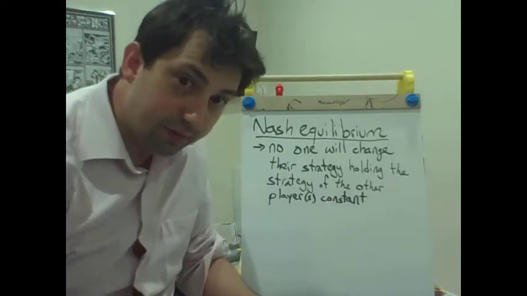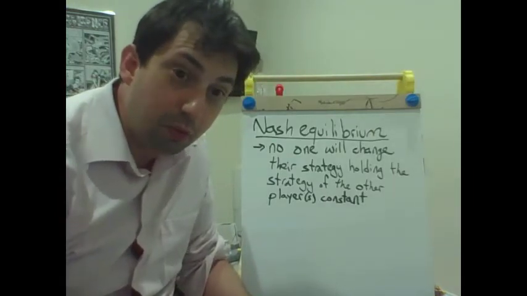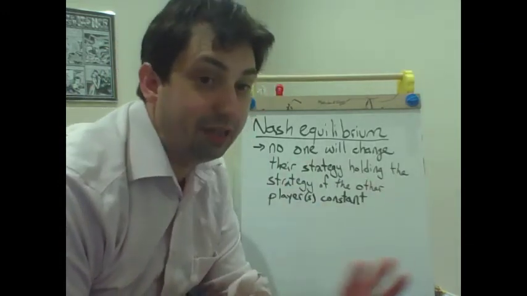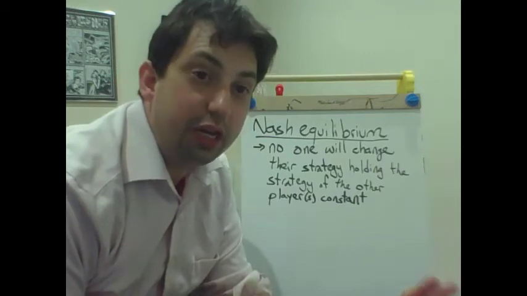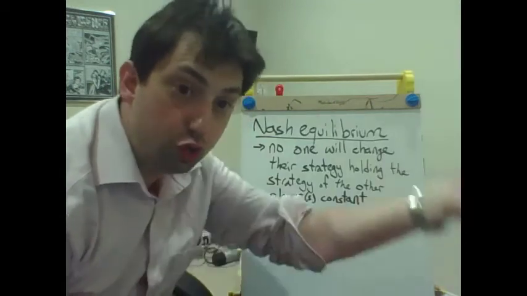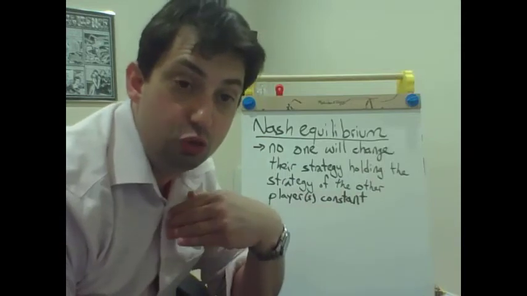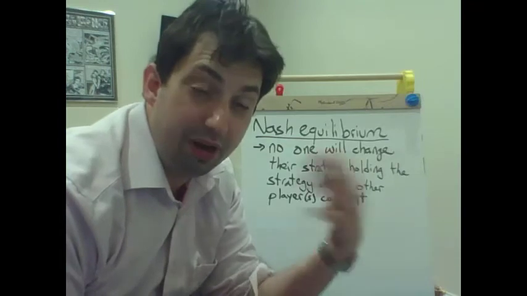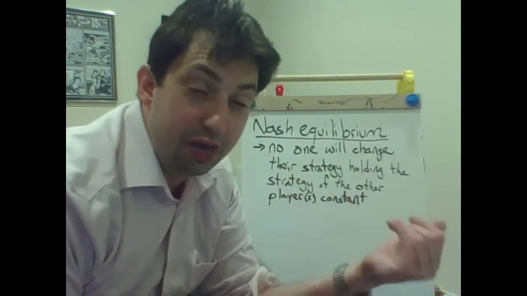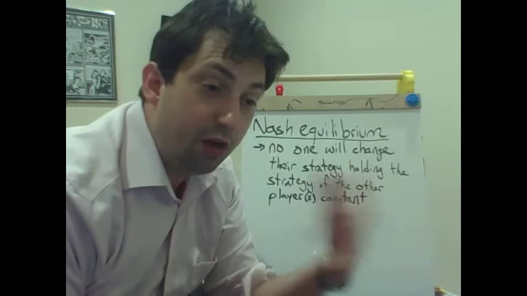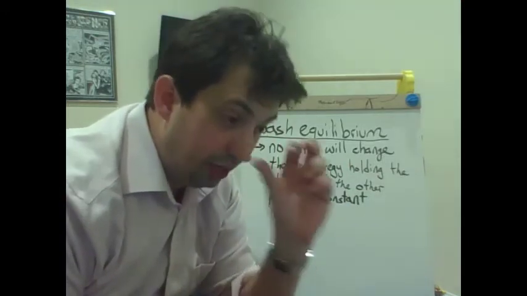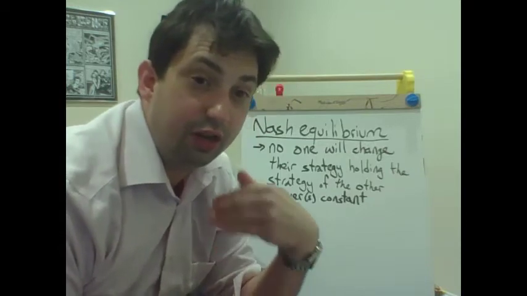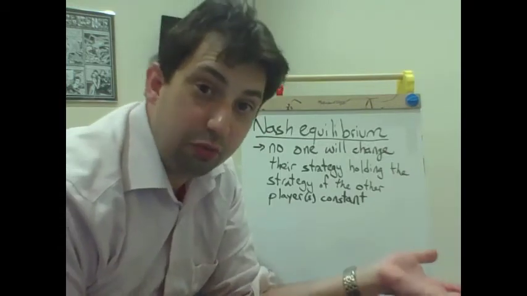It is not, I should emphasize, a situation where maybe someone would like to be somewhere else. That's going to happen all the time. It's about, can you unilaterally choose to go to a different spot? If you can unilaterally choose to go to a different spot that you would prefer more, then by definition, it is not Nash equilibrium. So if I really want to sit in the back and all the back seats are taken and I sit in the second to last row, that sounds like Nash equilibrium.